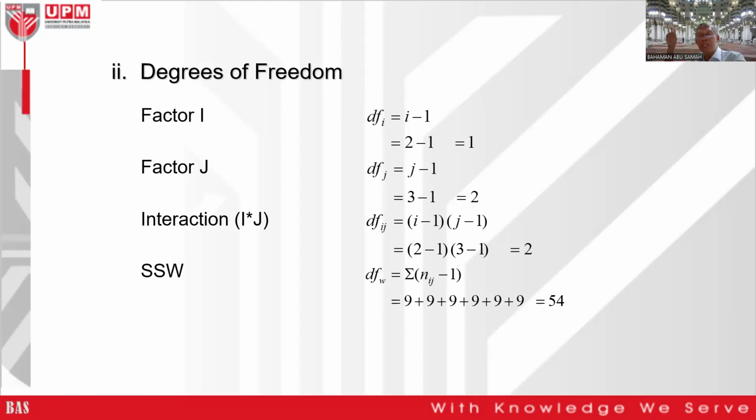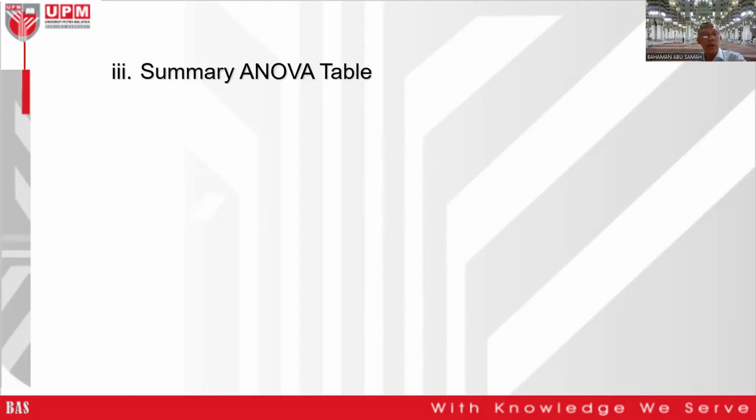That means 9 plus 9 plus 9 plus 9 plus 9 plus 9 amounts to 54. That means for each cell, we just take the small n, the sample size, minus 1, and we get the total for all the 6 cells. In this case, it happened to be all equal, 10, 10, 10, 10, 10, therefore we have 9. 9 multiplied by 6 will be 54. That will be for the sum square within, and sum square total is simply big N minus 1. So 60 minus 1 will be 59. That will be the degrees of freedom for all the 5